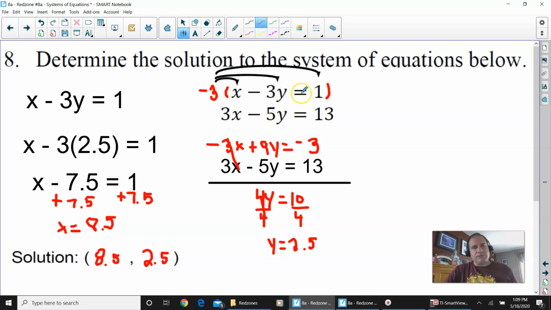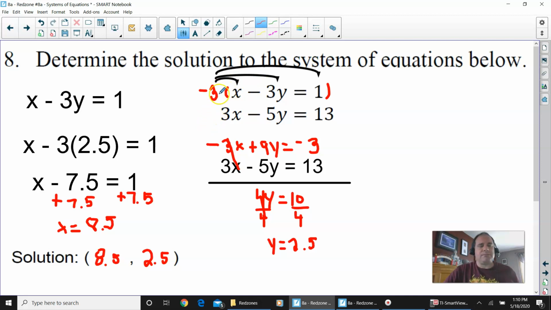Again, you could make this a little bit more difficult of a question, and you could get the y's to cancel. Do you know what number I would have to put here to make this? I'm sorry, it's not really an easy way to do this. So again, if you wanted to get the y's to cancel, you would multiply this by a negative 5 and this by a positive 3. If you multiply this by a negative 5, you would get a negative 15y, and this by a positive 3, you would get a positive 15y,